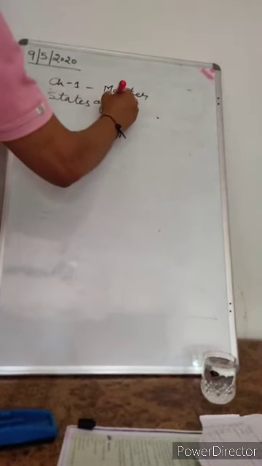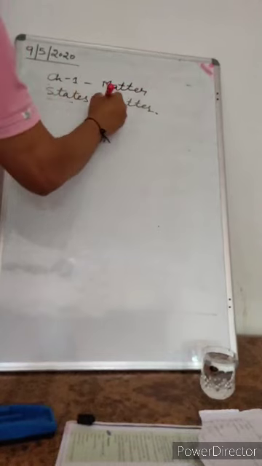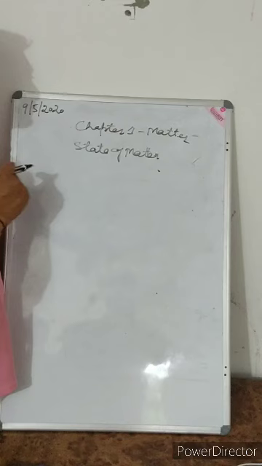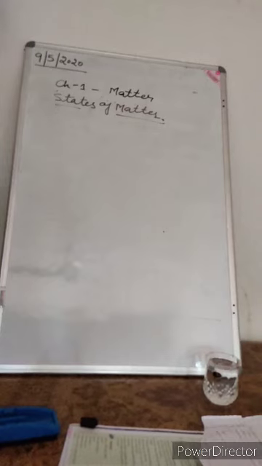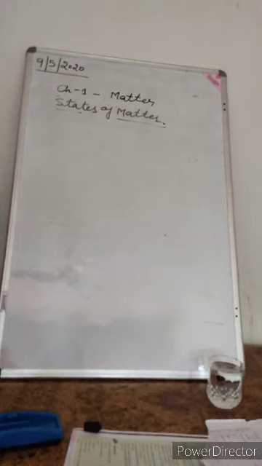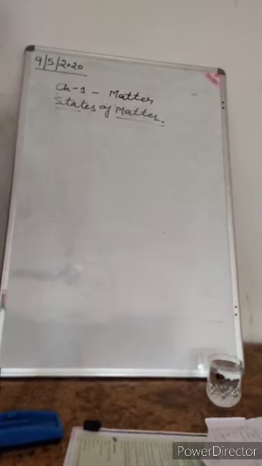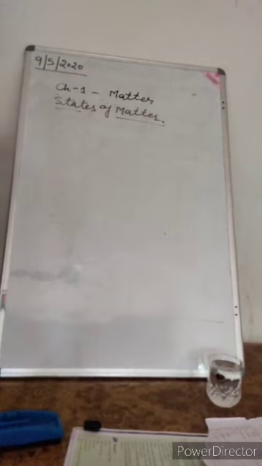Matter is made up of tiny particles, namely atoms and molecules. So all the matter can be divided into three main groups on the basis of physical states as